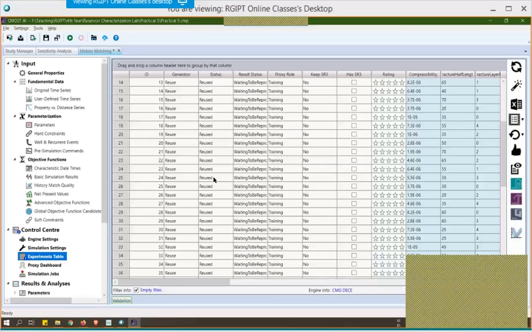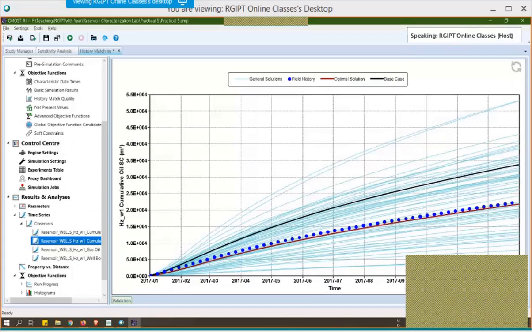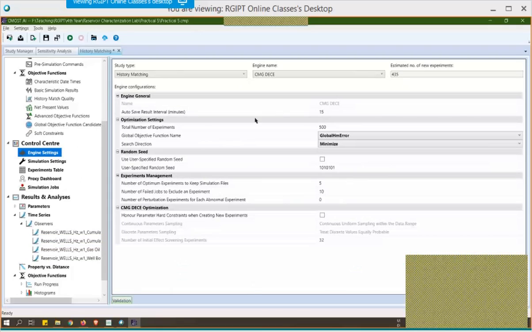After reprocessing, I can show you. Okay, so after reprocessing, we have got that for these 66 sets of experiments, we have these different values of the cumulative gas and the cumulative oil, and this red line shows that it is very close to the field history file, and it is having least error. But we will go and do some more simulations so that a much better solution can be found. So we will go to engine setting, and